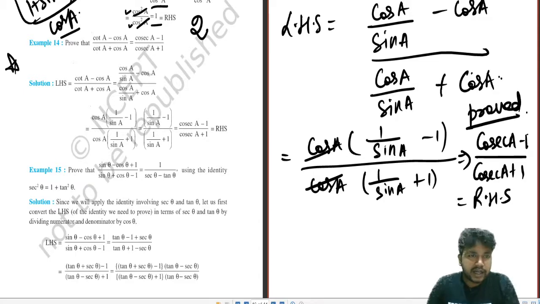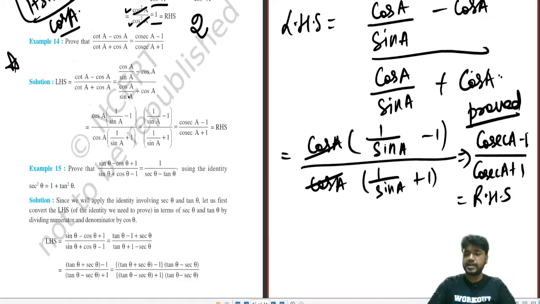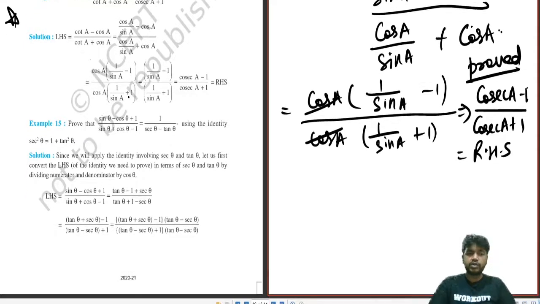So let us look at how the NCERT book has solved it. They have solved it the same way. You can solve it this way. This is the easiest way. So don't take it too much to your brain. You should be fluent with another way also. You can solve it with another way, but it's not required. So don't get into that messy part. We'll look into the other sums.